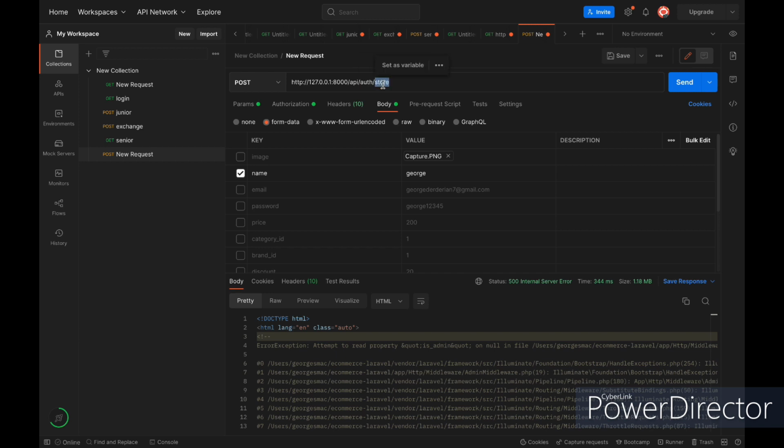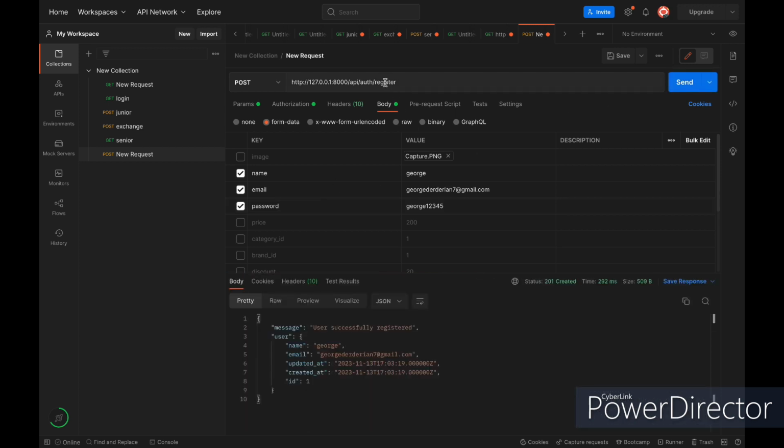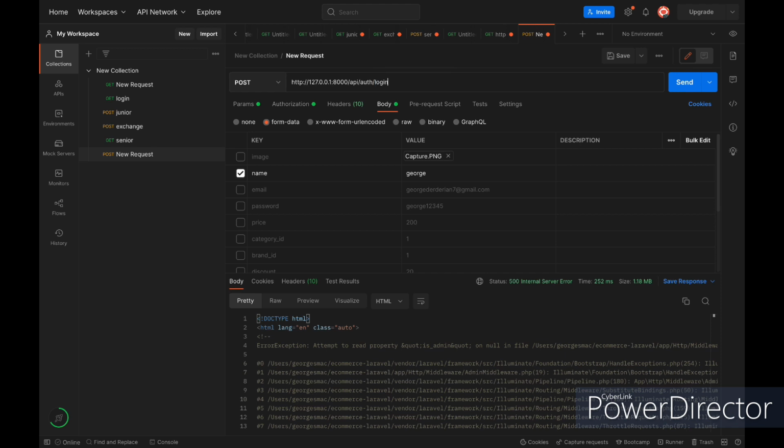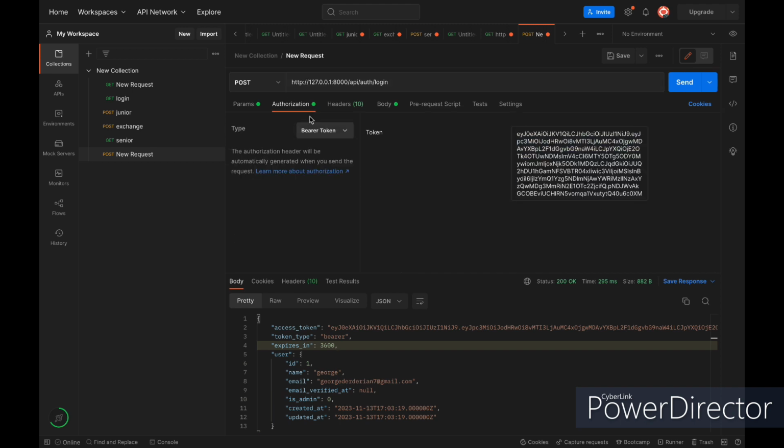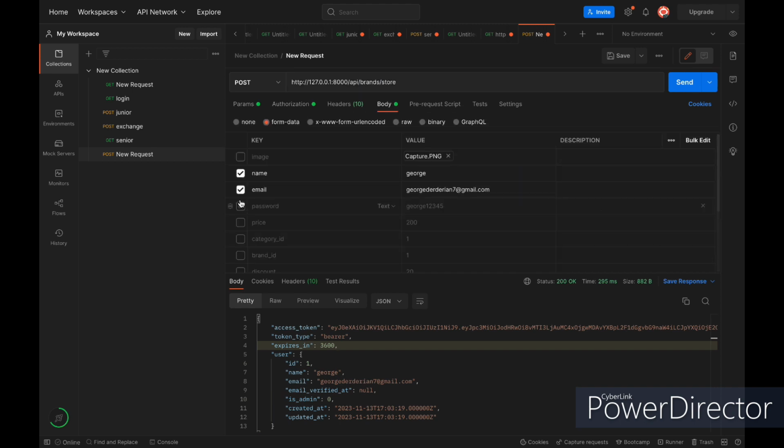Now let's run our application and test our routes. Let's first register a new user since we refreshed our database and it's empty, and then let's log in and get the access token of the user, and add it into the auth section. And now let's try to add a brand with the regular user that we have, and we get you are